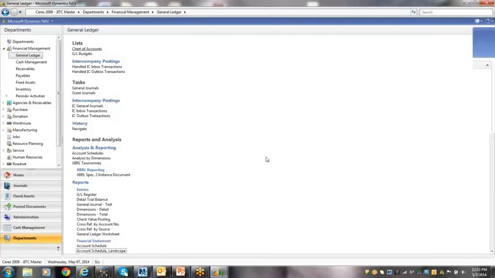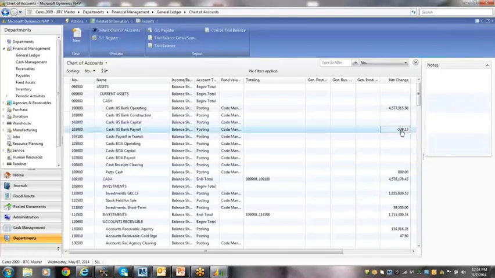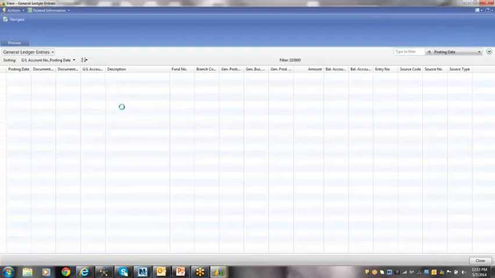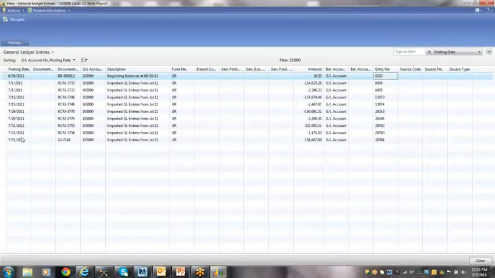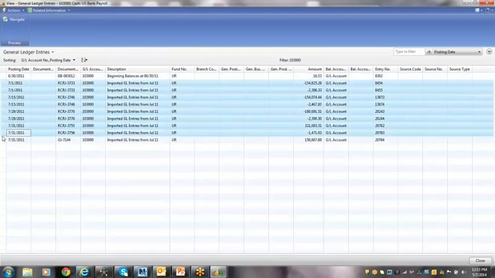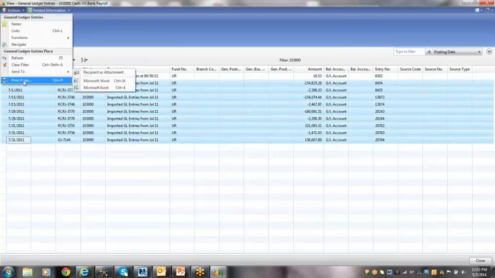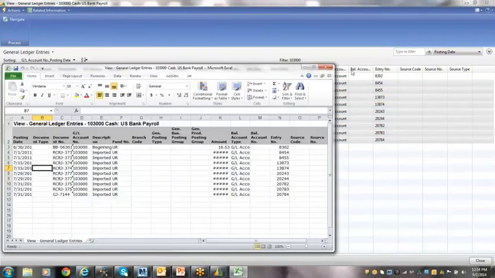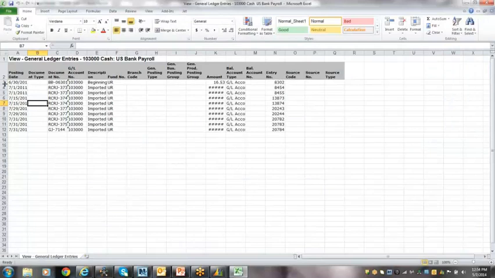So if I go to the chart of accounts again, go to that bank 4, and I look, I have July of 2011. So it took out this June, and it put in these numbers here. So if I did actions, let's see if we can send to Excel. And you can't see it because it's on my other screen. So then if I take this out,